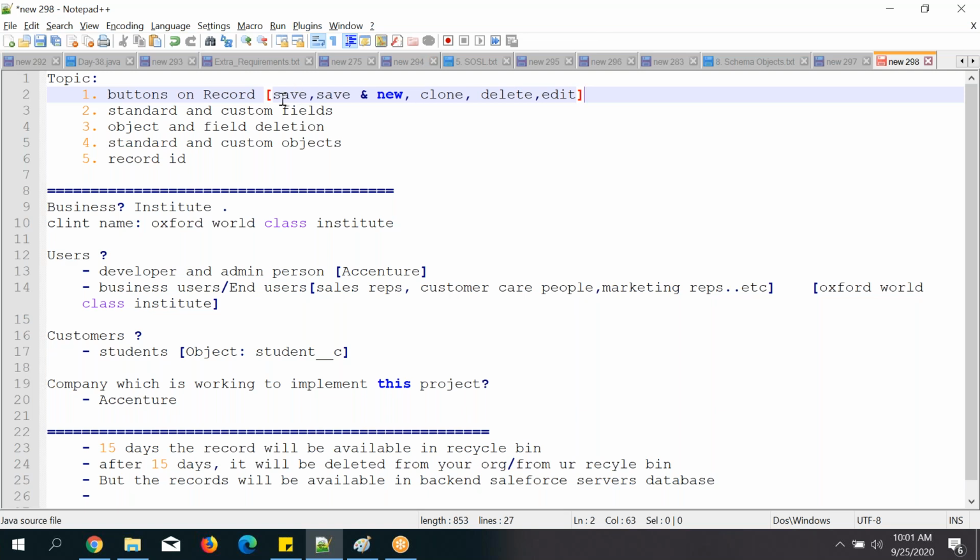Okay, save means the record can be saved. Save and new means it will save the current record and allow you to create a new record. Clone means you can copy the existing record data to another record and save it. Delete means you can delete the record. The deleted record will go to the recycle bin. Edit means you can modify the data by using this button. That's it. Next,